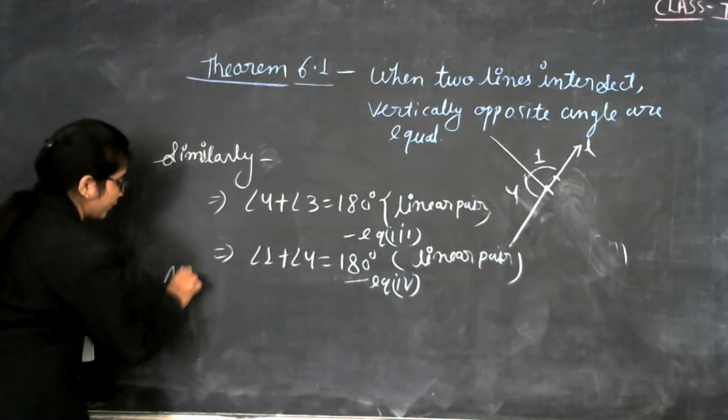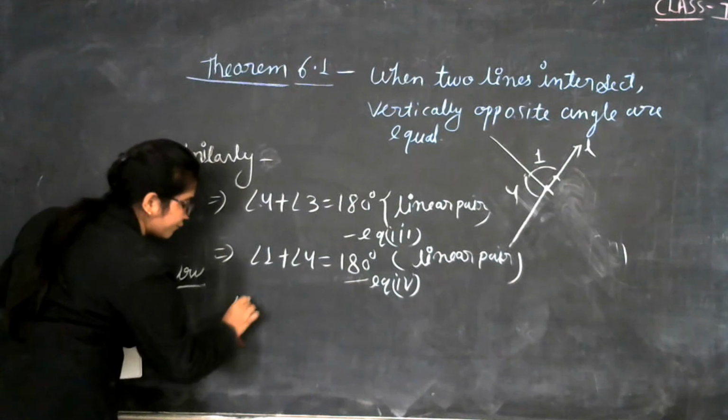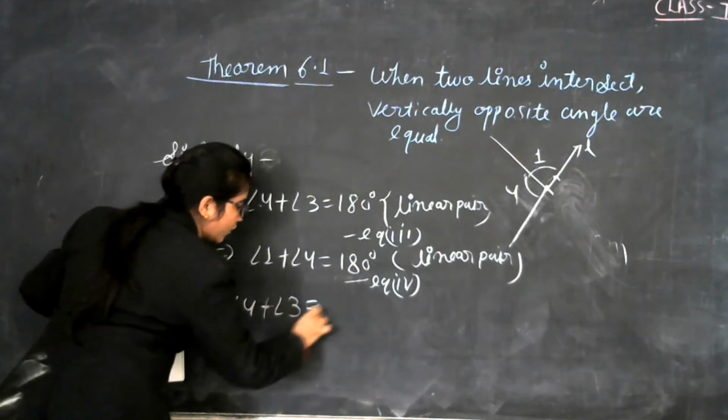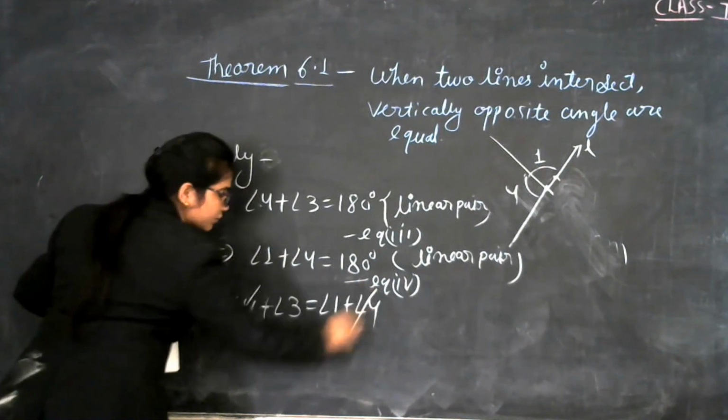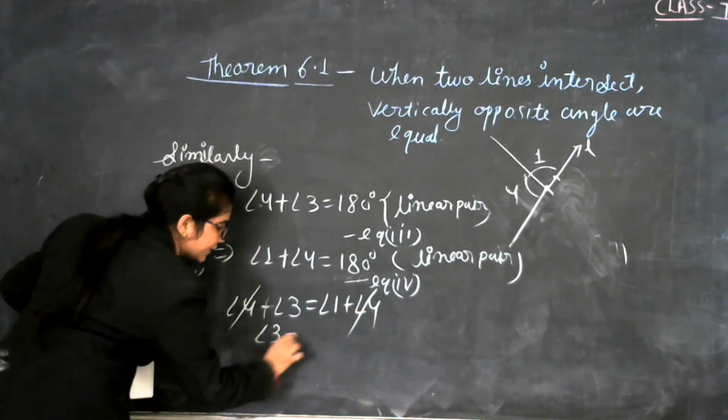So now angle 4 plus angle 3 is equal to angle 1 plus angle 4. Now cancel out angle 4. Then we get angle 3 is equal to